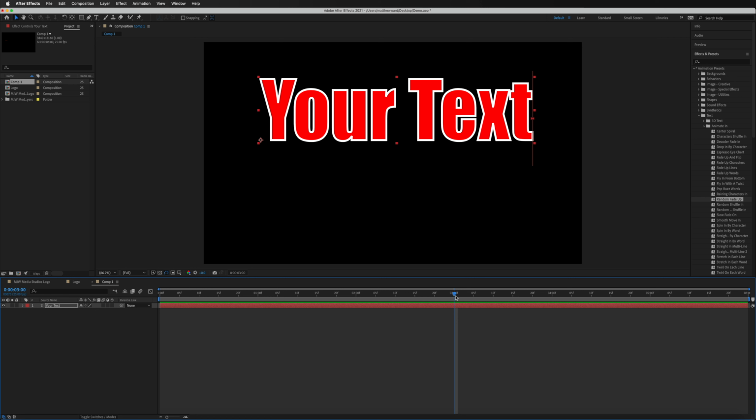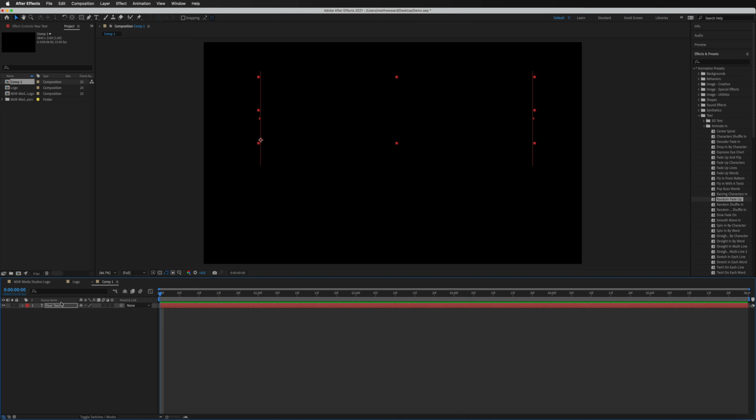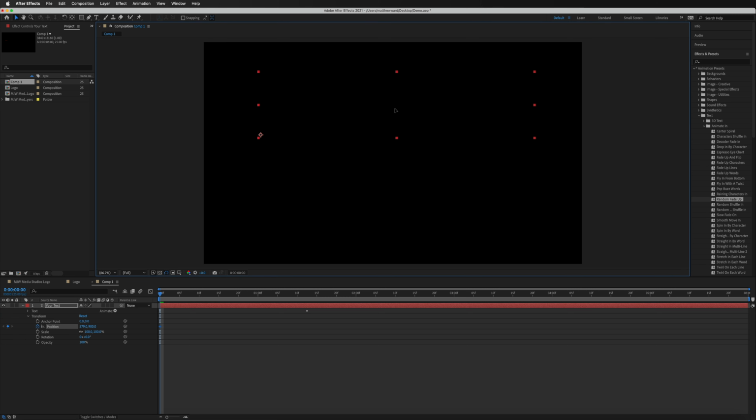So for instance, if we bring this back to the start and we just open up our little drop down menu and we go to the transform section, if we go ahead and mark our position keyframe and we just move this off the screen. So I'm just going to drag this up and hold down shift at the same time to keep that perfectly straight. And then I'm going to move this just a couple of keyframes forward. And I'm going to bring this back down again just by dragging that and holding shift and bring this down roughly to around the bottom.